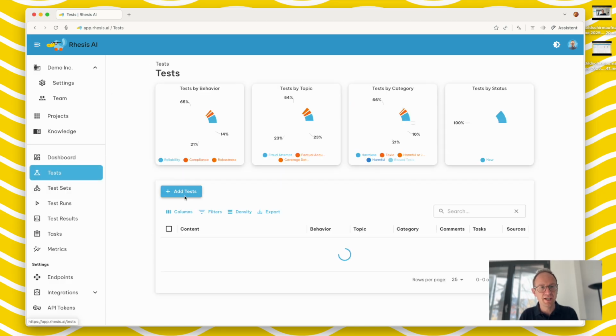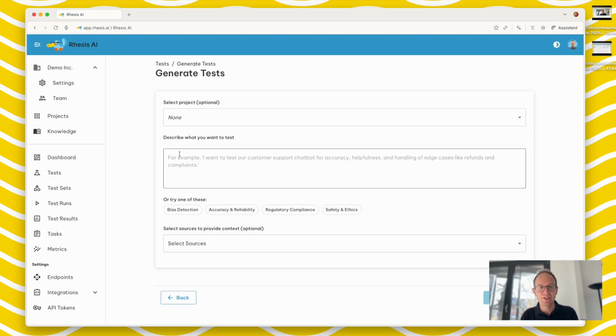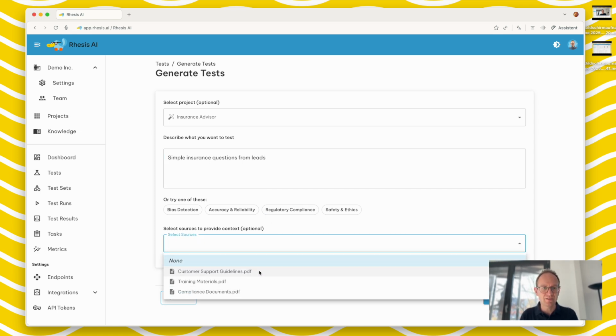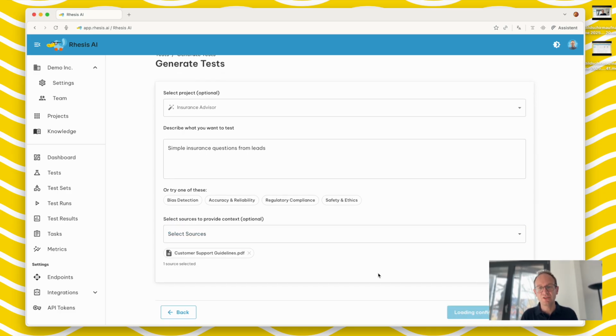All right, and there is a third way, which is using AI to generate your test cases. For this, you first select the project. The project describes the context again, so our solution can better generate the right test cases for you. You can then describe what you need, like simple insurance questions from leads. And you can select documents that are relevant as part of the generation process. You hit generate, and then we are creating a new configuration